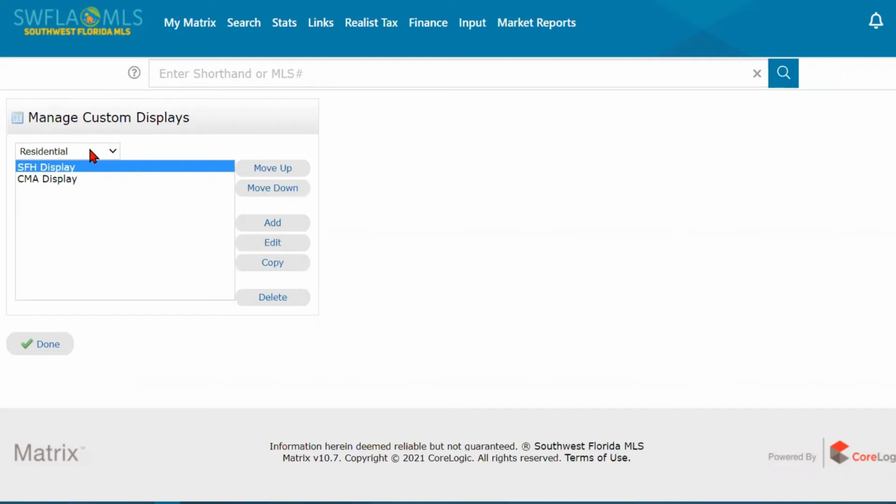You'll notice right here at the top, you have the different search forms. So we were just working with the residential search. You can set up your custom display grid for each one of your search forms. And then you can come here to manage them. So here, we've got the single family home display. If I click edit,